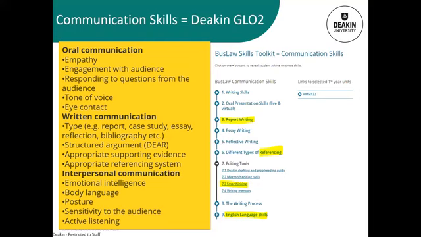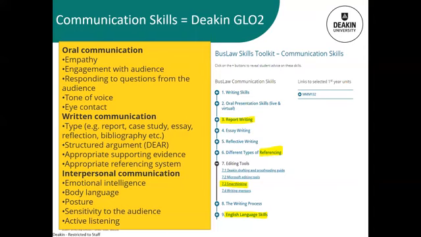So these include, firstly, oral communication, and that includes elements of having an awareness of your audience by showing empathy, engagement with your audience, and being able to respond to questions appropriately. Also using the right tone of voice, depending on your purpose and situation, maintaining eye contact, and so on.